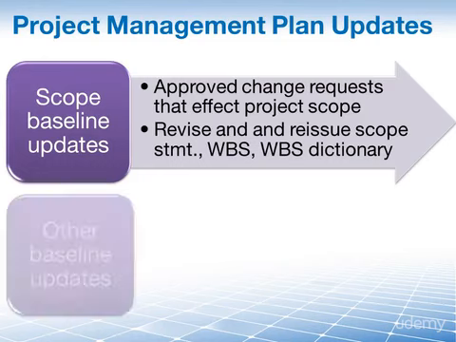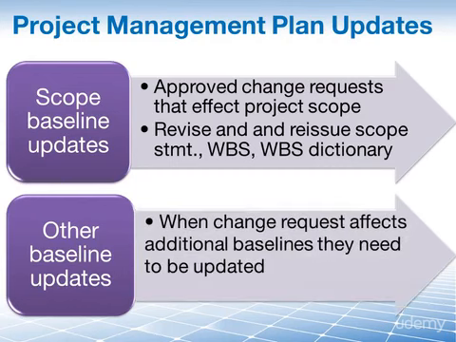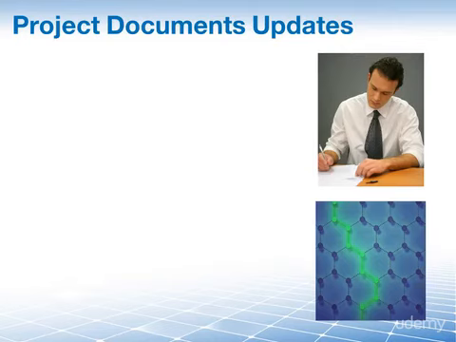Sometimes the appropriate action, on the other hand, is to update other baselines as they are affected by changes in scope, and two that immediately come to mind are the schedule baseline and the cost baseline. Once the updates have been made, the revised documents are reissued so that these changes are then communicated to the entire project team. Two other project documents that may be updated as an output from our process here were